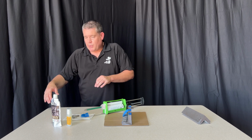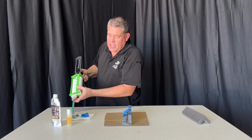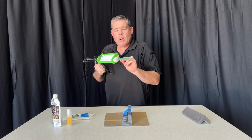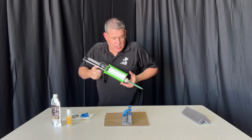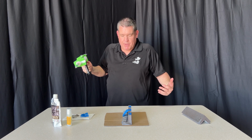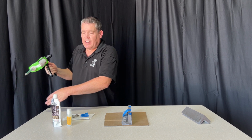You get the next one prepped and you're ready to go. You go ahead and you squeeze out some more. Your adhesive in the tip is only mixing with the hardener when you're actually squeezing that out. So you dispense this, you've got 10 minutes to work with it. You can fold it up and go. You purge a little bit more, you go down the next one, you got a full 10